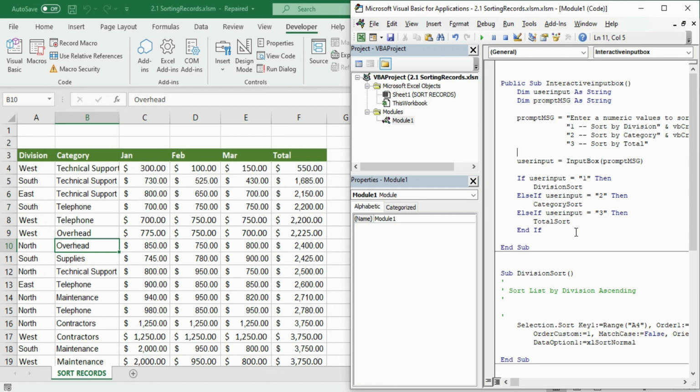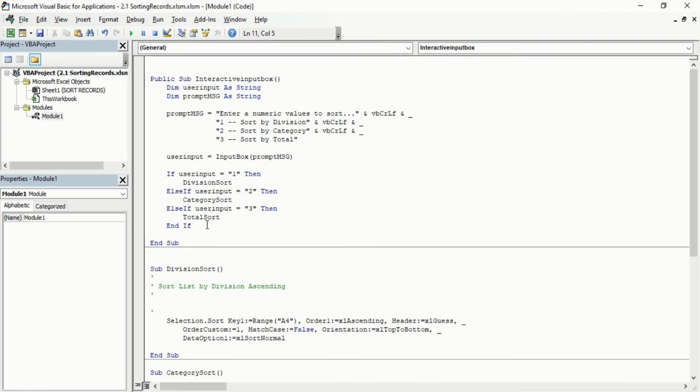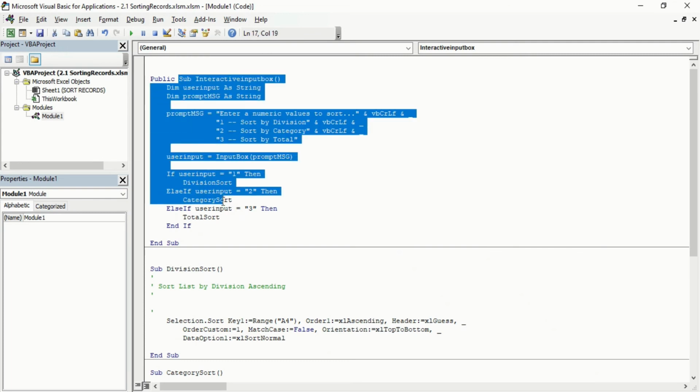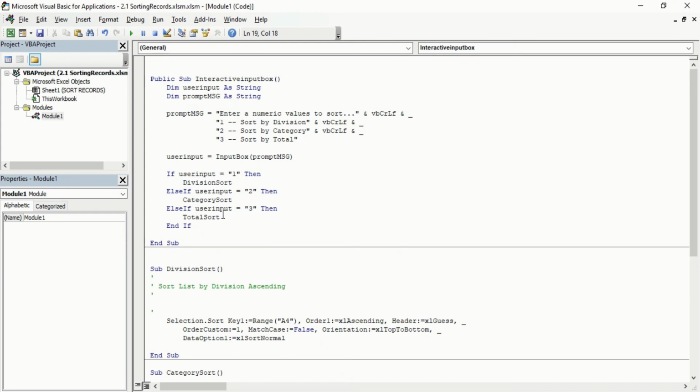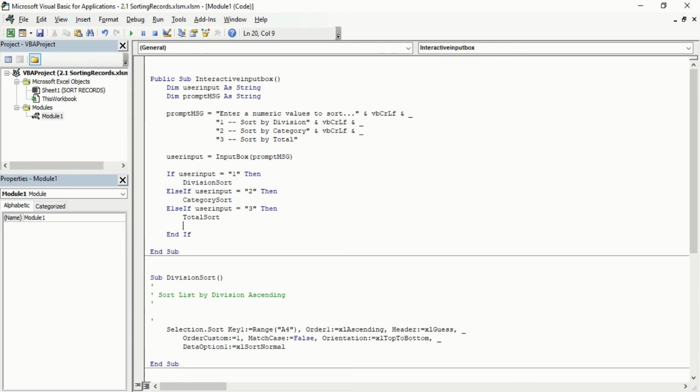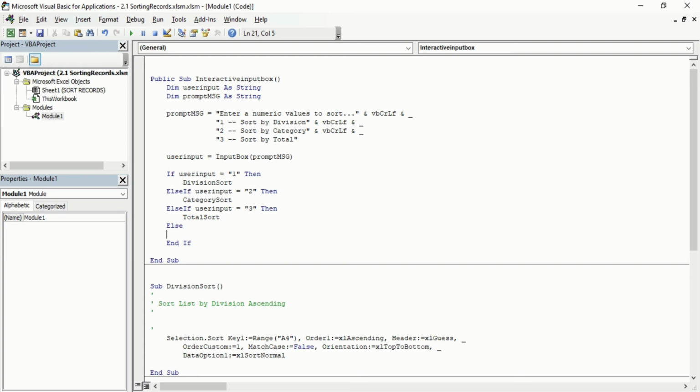Now we will code something for the alert. So how do I do it? Just before doing anything, put it on full screen so you can code. After the total sort, and in my previous video I told you about this whole code, you can go into my previous video and see how we typed it and what each part meant. Now after total sort, just press enter and come back here, so it will be vertical hierarchy, then Else.